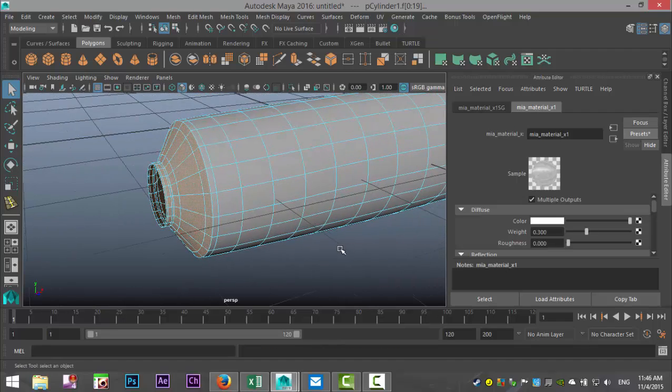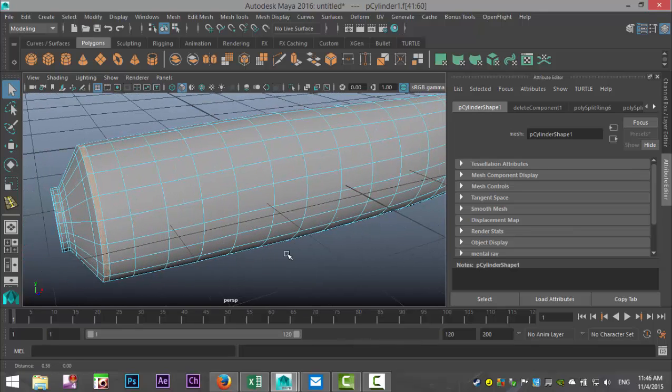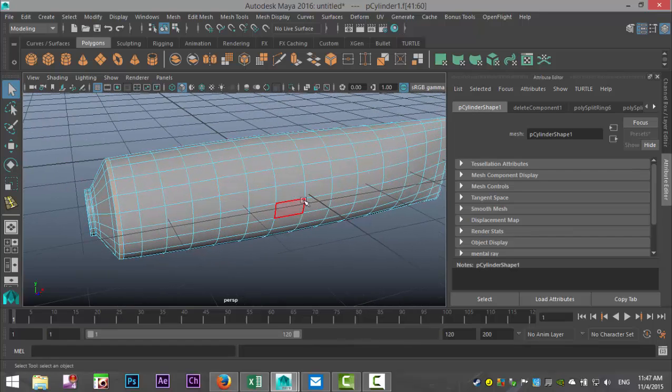And then we are going to take this section here, double click, and what we'll do actually is, let's do it this way.